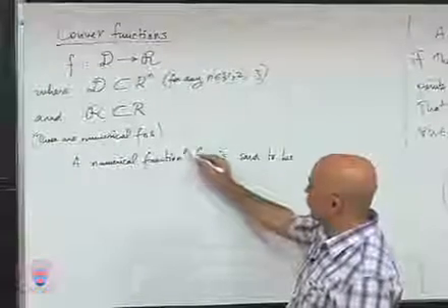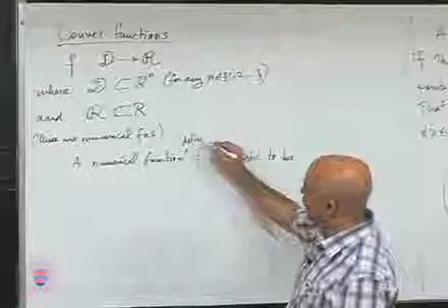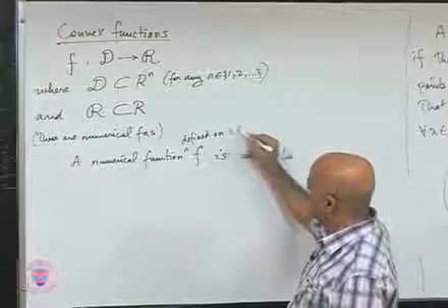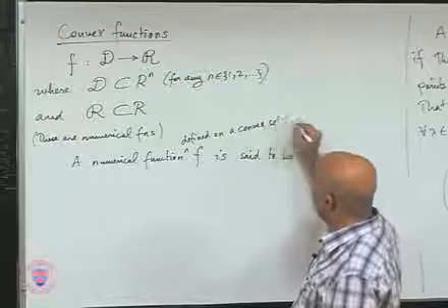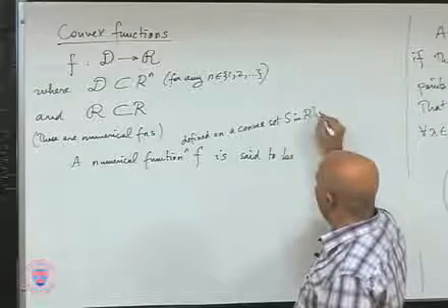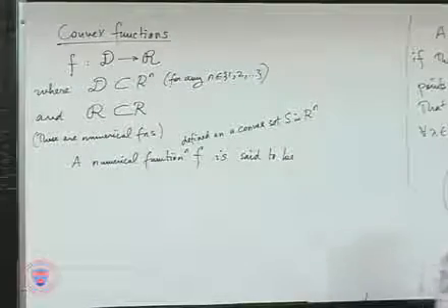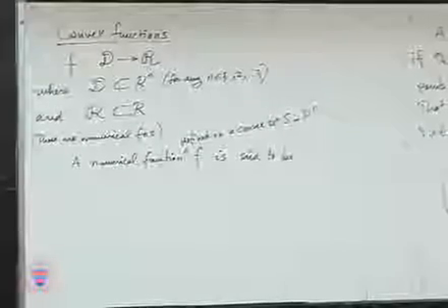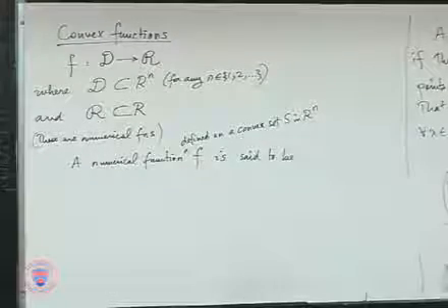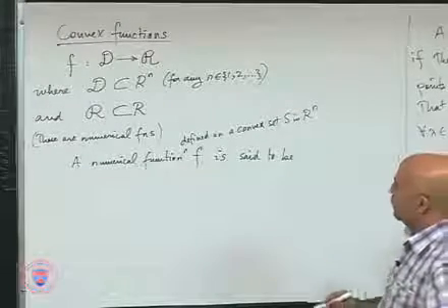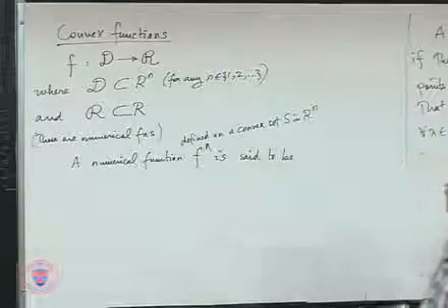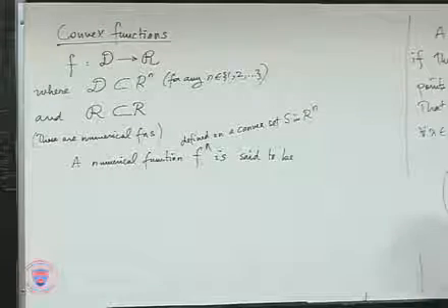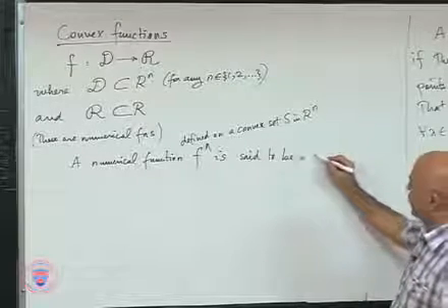A numerical function defined on a convex set S in Rn. So the domain of definition is S, and it is assumed to be convex. A numerical function f defined on a convex set S in Rn is said to be a convex function